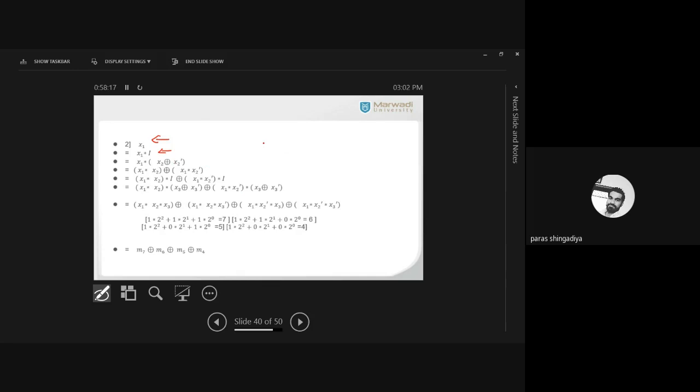यहाँ पे मैंने x2 क्रिएट किया है, आप x3 भी पहले ले सकते हो. ठीक है, x3 ring sum x3 dash, because x1 है, x2 x3 are not there. So we'll create x2 first then after x3, otherwise x3 first then after x2. क्लियर, कहीं से भी आप स्टार्ट कर सकते हो. So in place of I put x2 ring sum x2 dash. Clear, and then after apply distributive formula a star b ring sum a star c.